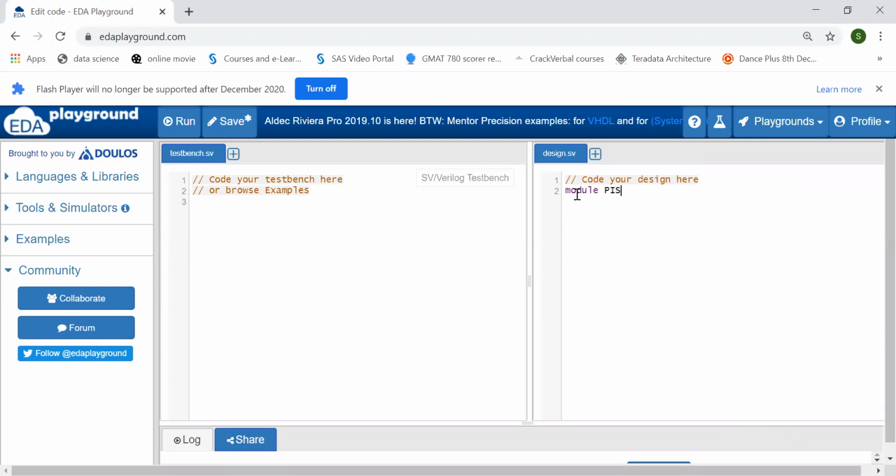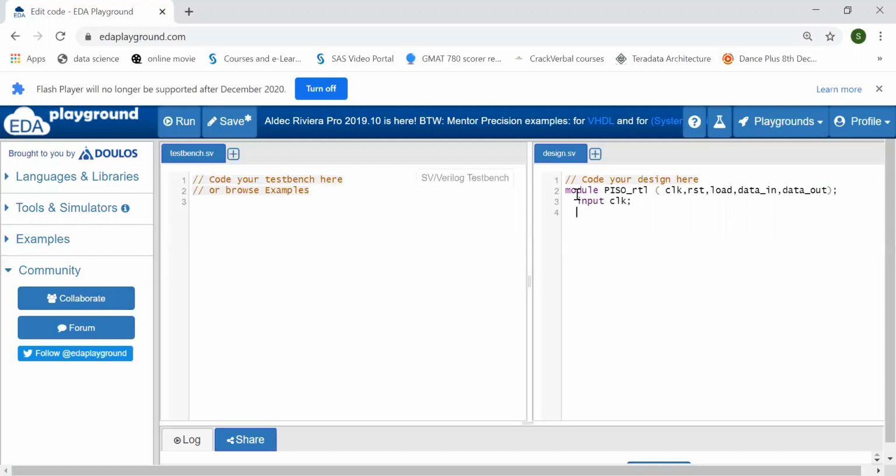So module, then module name is PISO, that I am giving PISO_RTL. Then the port list: let the port list be clock, reset, load, data_in, then data_out. Then I will be defining the port directions.